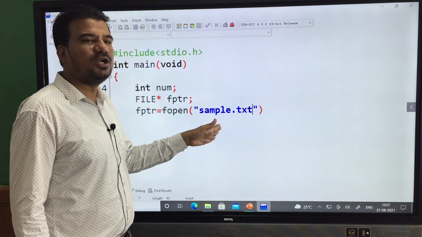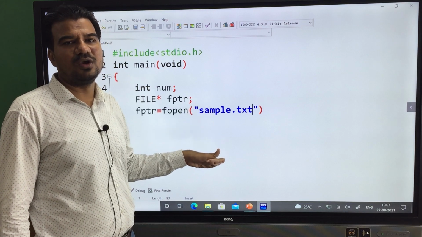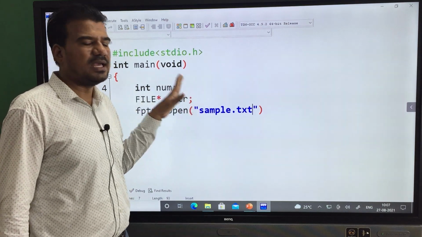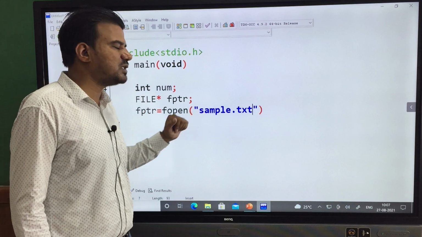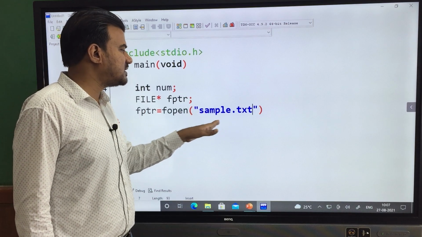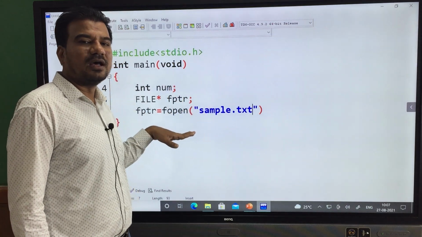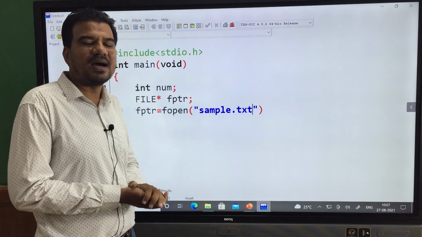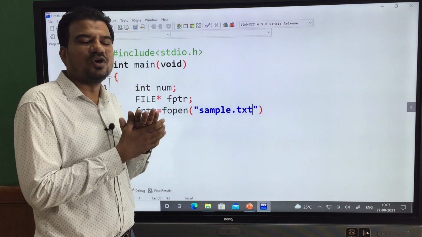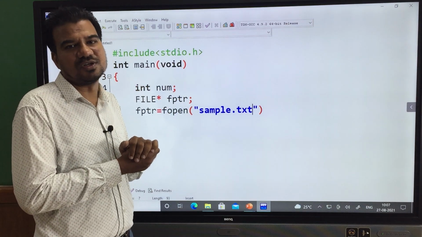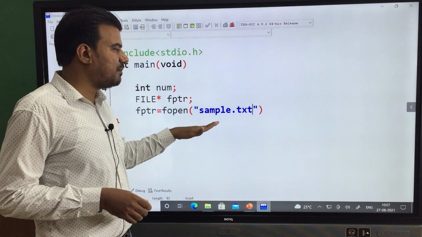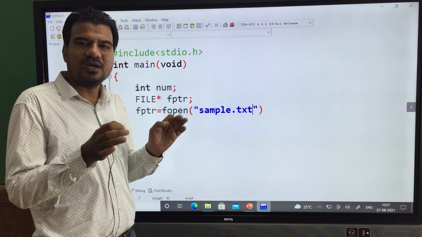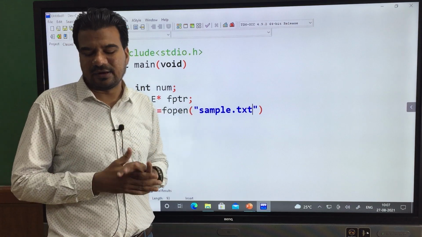But I want this file to be created in my current directory only, where I am writing this program. That's the reason I am not taking any relative or absolute path. The concept of relative path and absolute path you are going to study in your upcoming semesters. So simply remember, sample.txt will be created in the current directory.